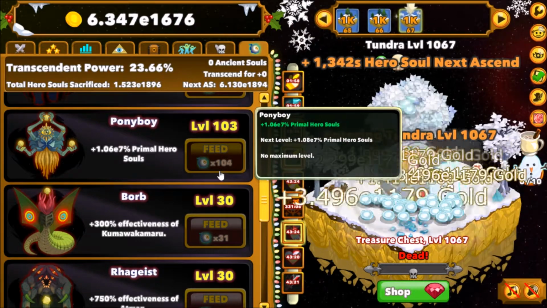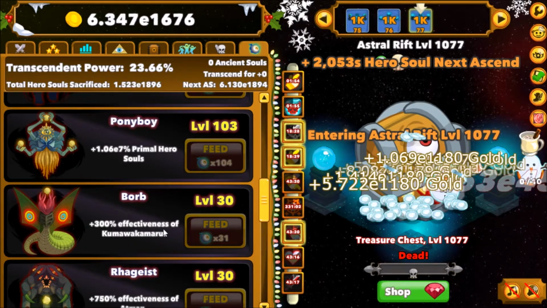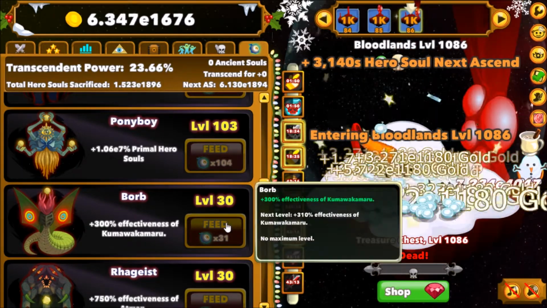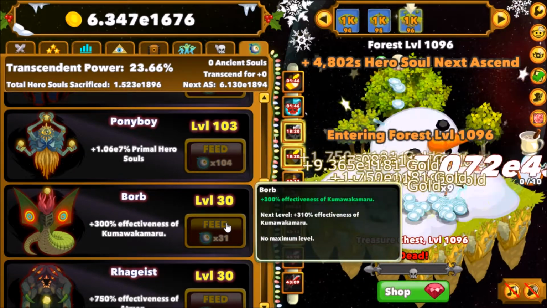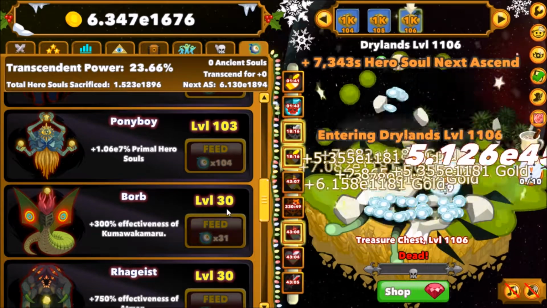But look, he's a 104, so that's quite a little jump there. But here's where the Borb Kumawakamaru ratio comes in. I only have 30 here, and that's up from 12 or 13 I had before I transcended and up this a little bit. My theory is that this should take me up to close to